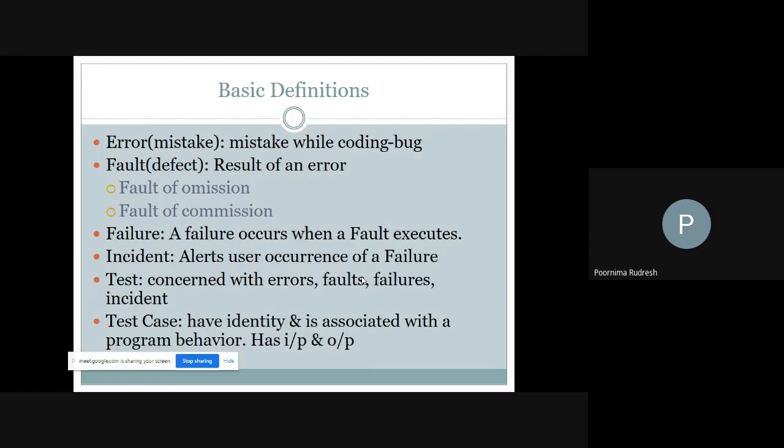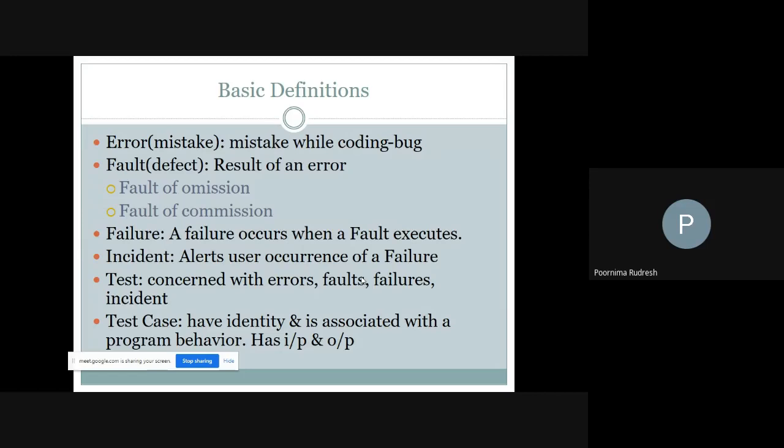And here we are considering while coding. While writing the program, we'll make mistakes or errors. People make mistakes while coding, and these mistakes we call bugs. Bugs are nothing but mistakes. So while writing the code, or while performing some work, we'll make mistakes, and these mistakes are called bugs.